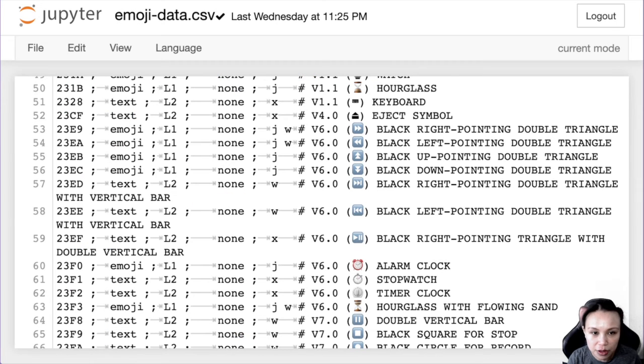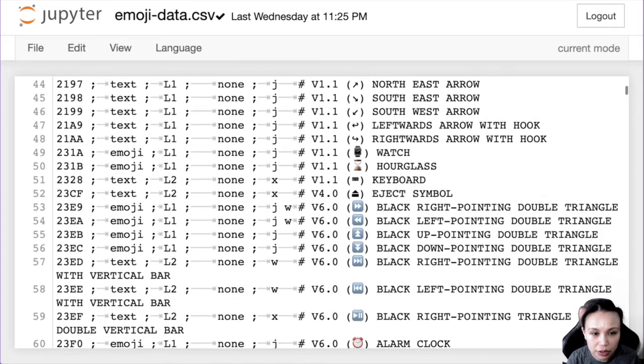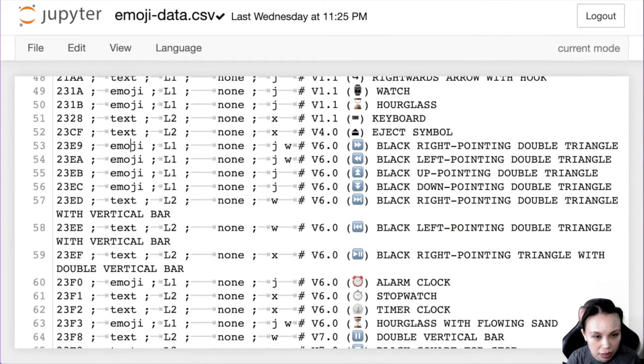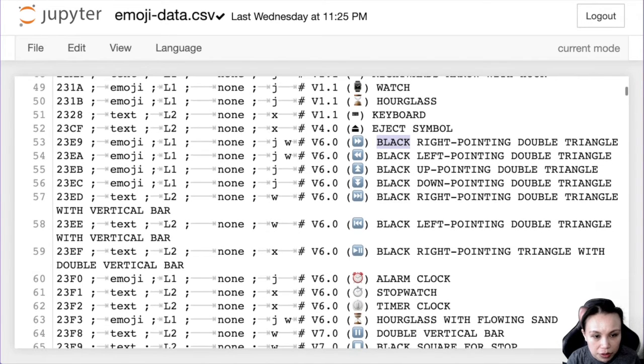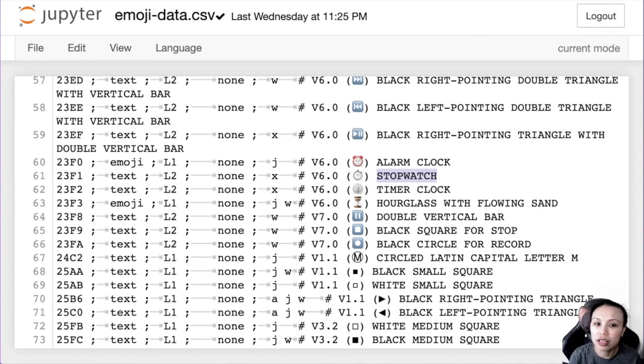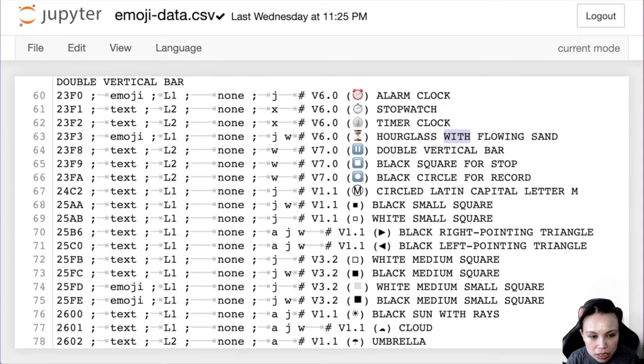Having a look at this, there are words that don't add a lot of input. If it's a word like stopwatch, there's nothing you can remove. But if it's more than one word, like hourglass with floating sand, then maybe I can remove the "with". With floating sand is okay, but at least remove some of these stop words.